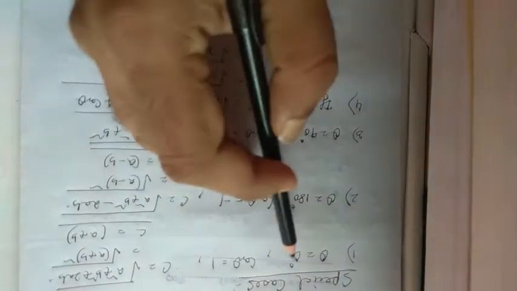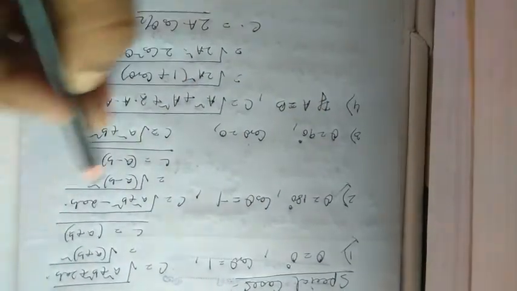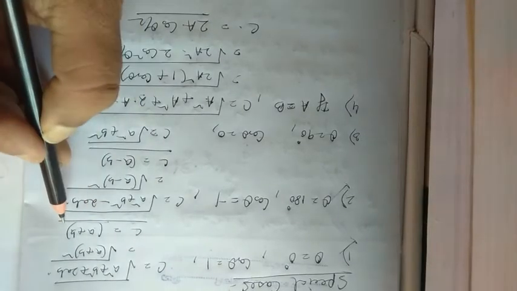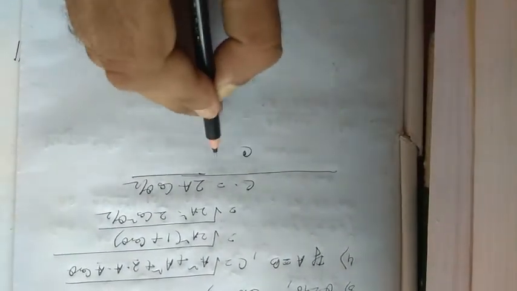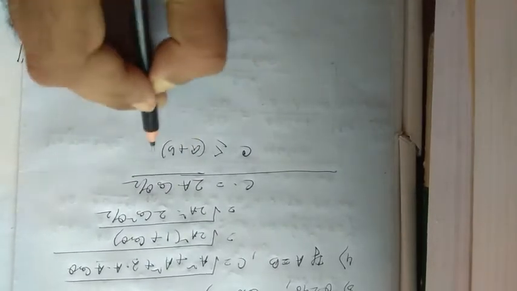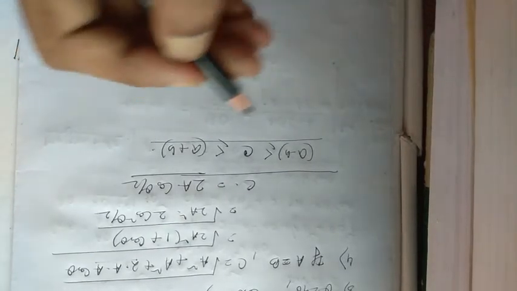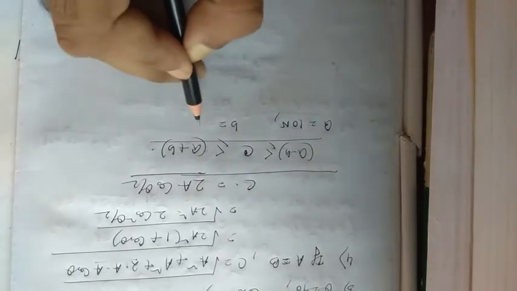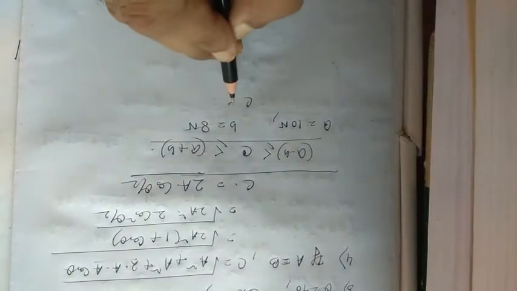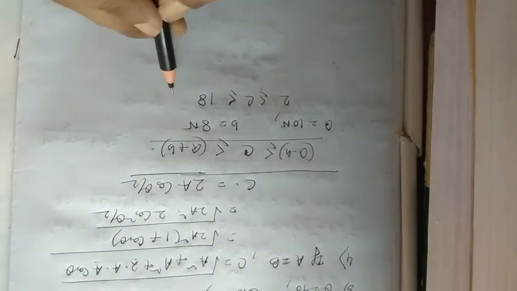So what did we get from special cases number 1 and number 2? C is equal to a plus b and C is equal to a minus b. That is the maximum value of the resultant and this is the minimum value of the resultant for any value of theta. So we can write that C ranges between a minus b and a plus b. Suppose we take an example, if A is equal to 10 newtons and B is equal to 8 newtons, then the value of C will vary between 2 and 18 newtons. This is called the range of C.